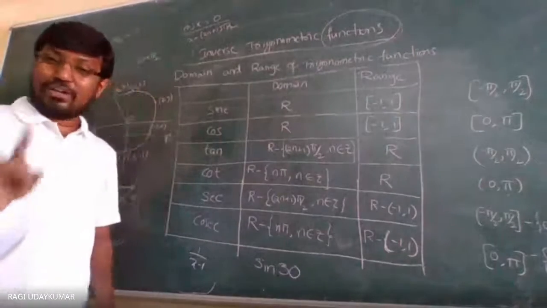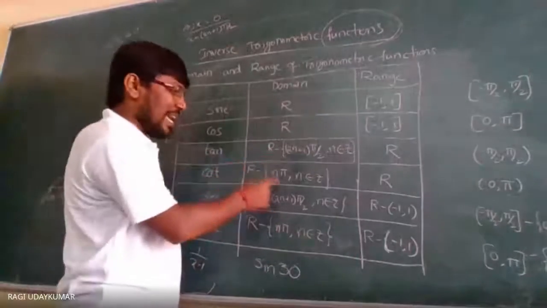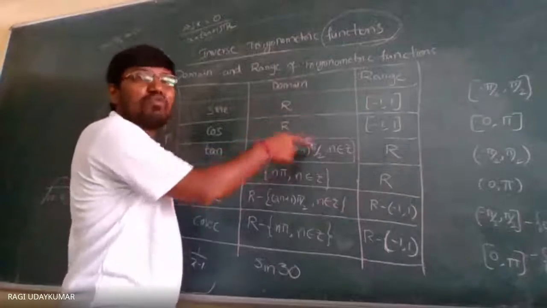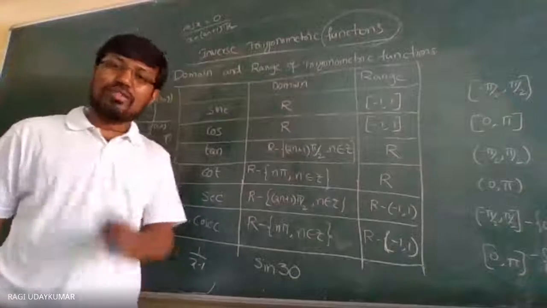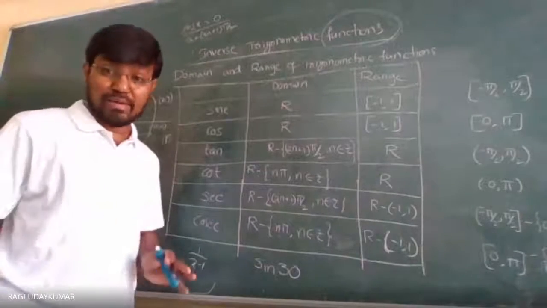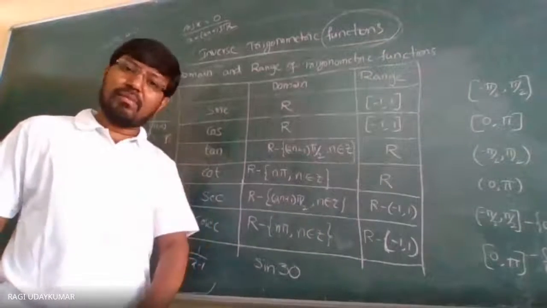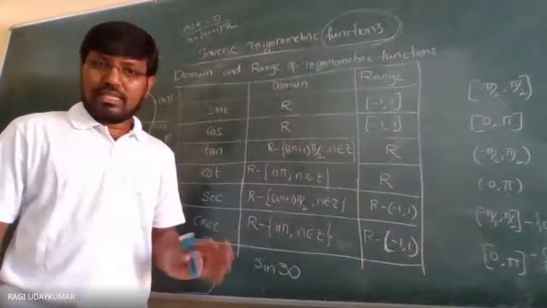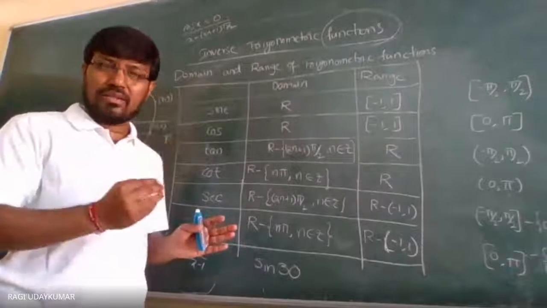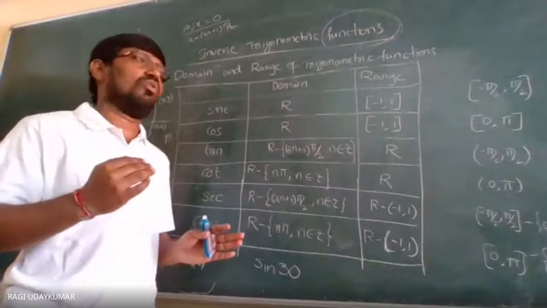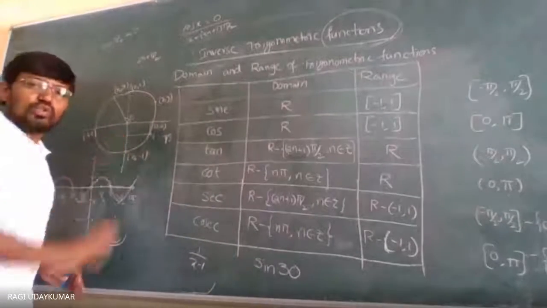Because if you are not remembering like that, I have seen most of the students write R minus n pi in place of tan, and R minus 2n plus 1 pi by 2 in place of cot. This happens because if you try to remember blindly, you will remember and then forget it. So in this way, tan is nothing but sine by cos. Cos becomes 0 at the place of odd number pi by 2. You should get this into your mind so that you can remember.